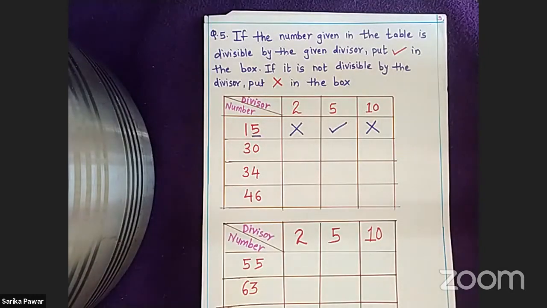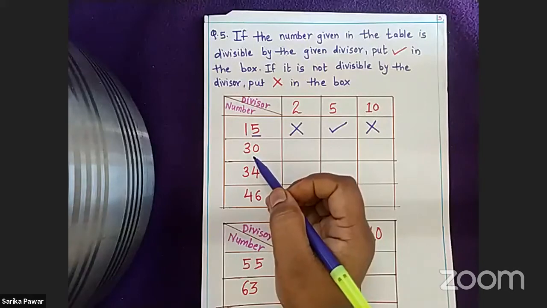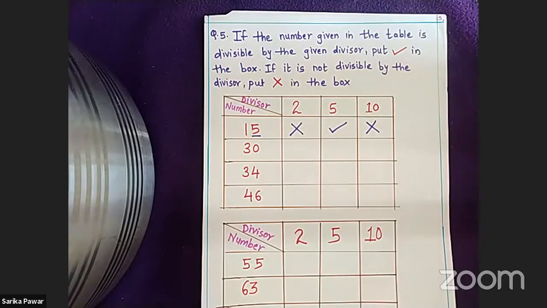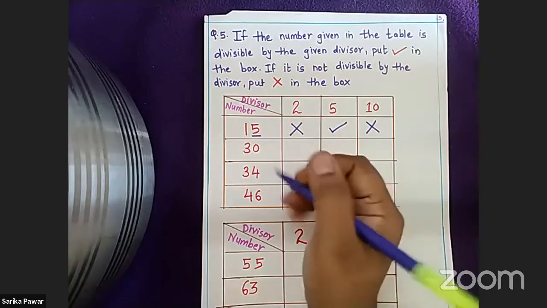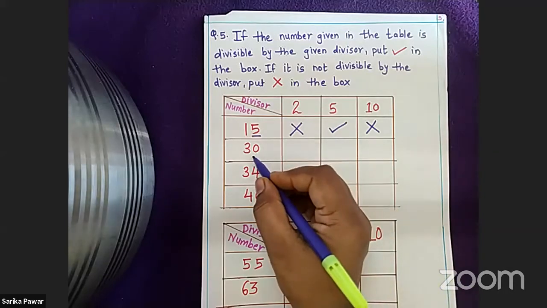See here, find out first the unit place. In number 30, which is the unit place? Ankita. Yes, 0. Very good, Ankita. In the chat box, I saw your answer. Your answer is correct. Yes, 0 is the unit place.